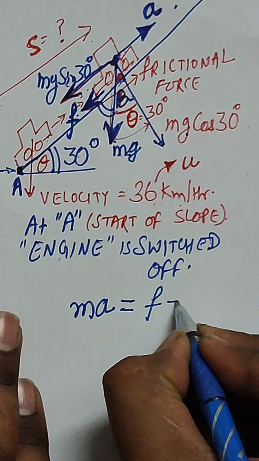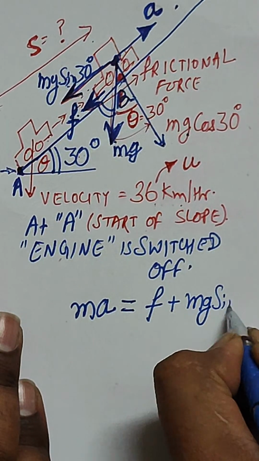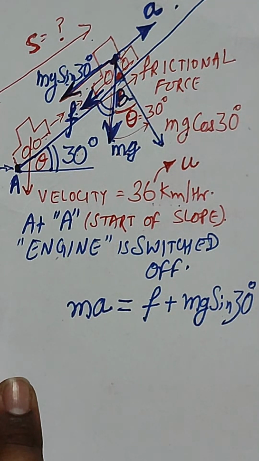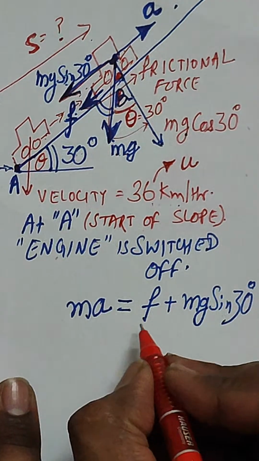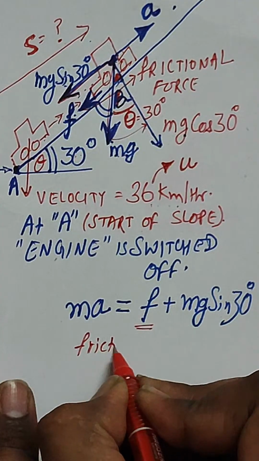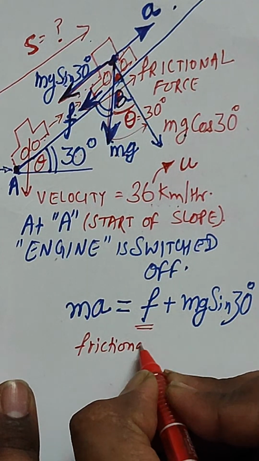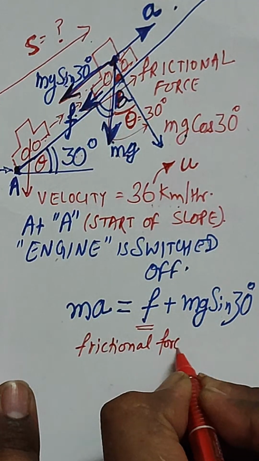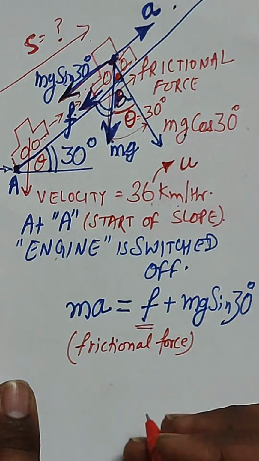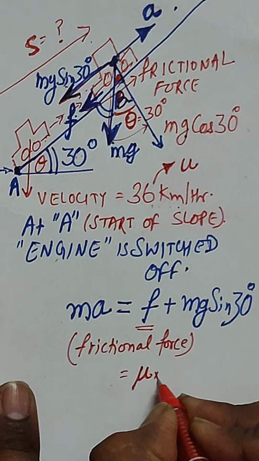The frictional force plus mg sin 30 degree, isn't it? Mg sin 30 degree. Now this is the frictional force, representing it with a small f, and this frictional force is equal to mu, that is the coefficient of friction, into